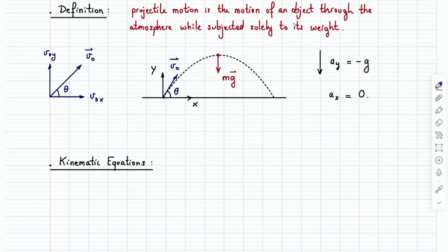So then, let me do this. I had just done this to visualize the two components, but I can move a vector around as long as I don't change its length and I don't rotate it. So this vector here is the same as this one, right? And I'm going to say that, well, this is the adjacent component relative to theta, so v0x should be v0 cosine theta, and then this is the opposite component relative to theta, so v0y should be v0 sine theta.